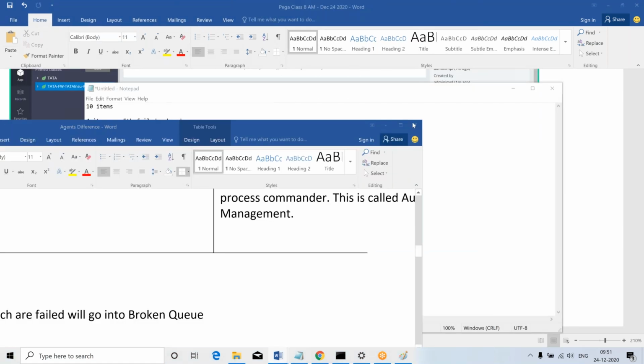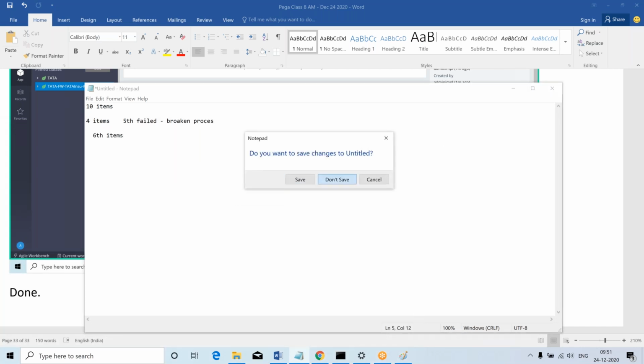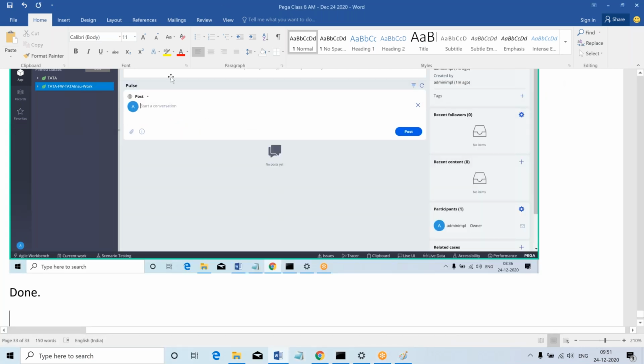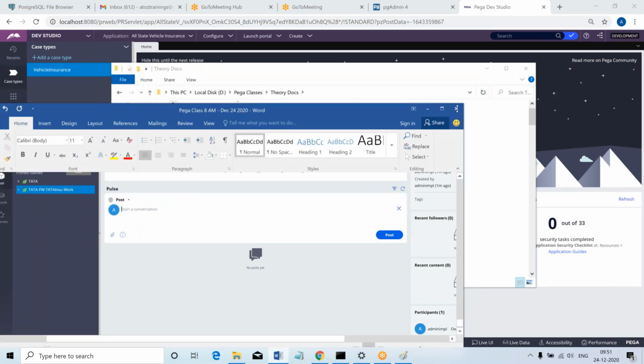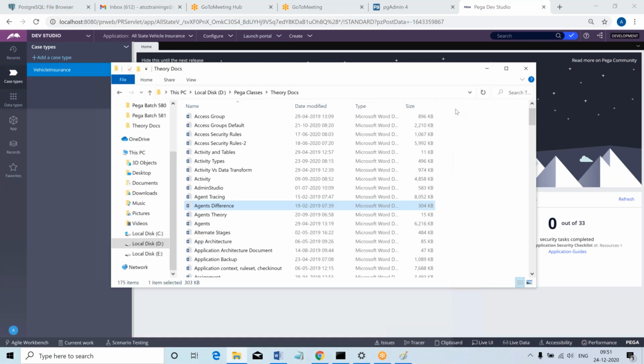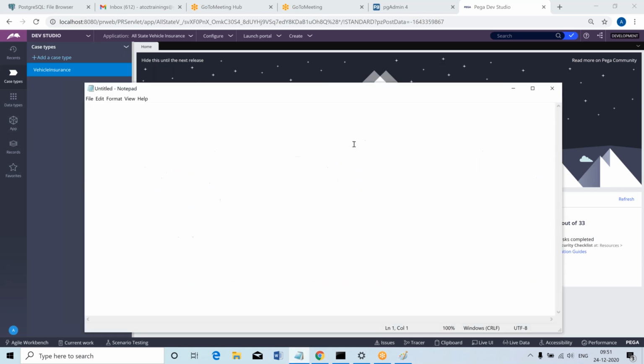These are the differences between standard and advanced agent. The next topic we are going to discuss is flow shapes related to calling another flow. Did we discuss this anytime? Spin off, split join, split for each? Not yet. Theoretically, I will tell you now. Practically, we will be working on this tomorrow.